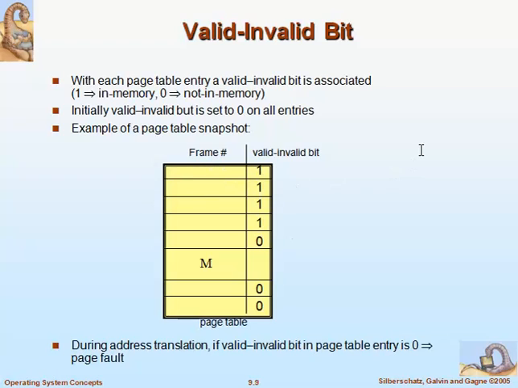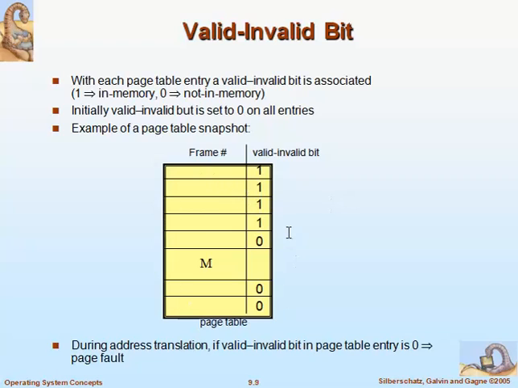Okay, frame number, that is how we divide the physical memory. The physical memory is divided into different frames, and this gives us the page number and the frame mapping. And along with this we have a valid invalid bit. In the earlier paging technique we discussed this valid invalid bit as a mechanism of protection. The same bit is used for demand paging here.